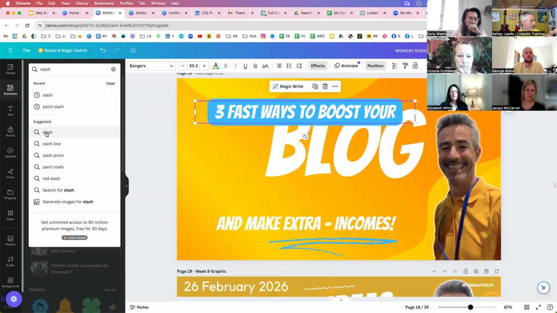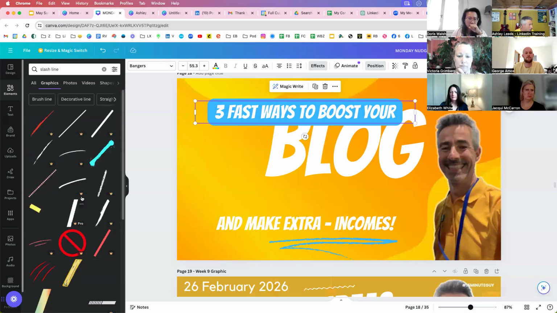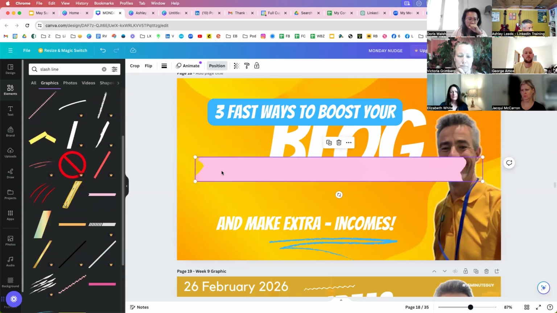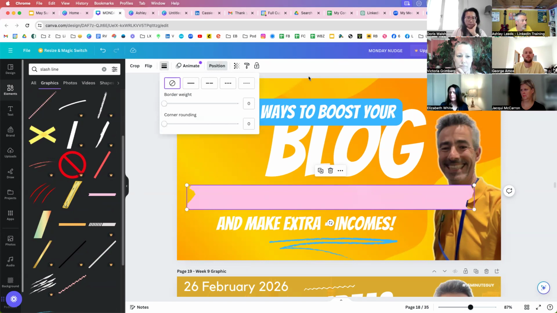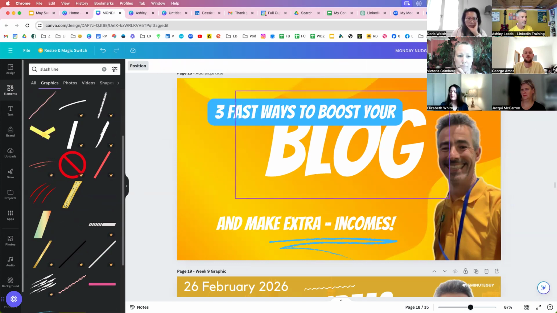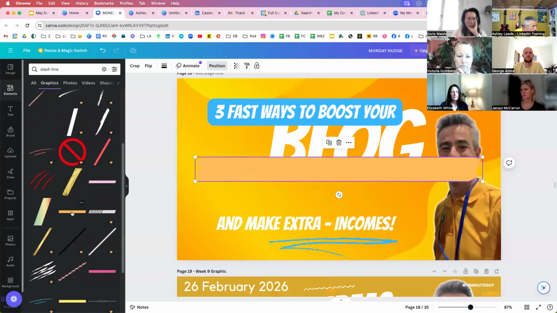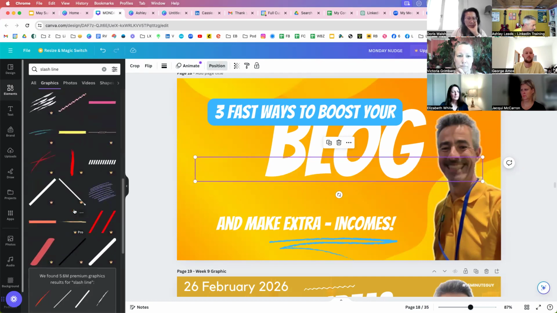So then what we do, we want to go into elements, and you can just try different words, and then it will bring in all those elements. There's one there, look. So I can grab hold of that one, and then I can change the color of that. So if I click on it, why is that not allowing me to change the color? Oh, it's a GIF, that's why. That's the same. All I want is a line, I don't want a GIF.